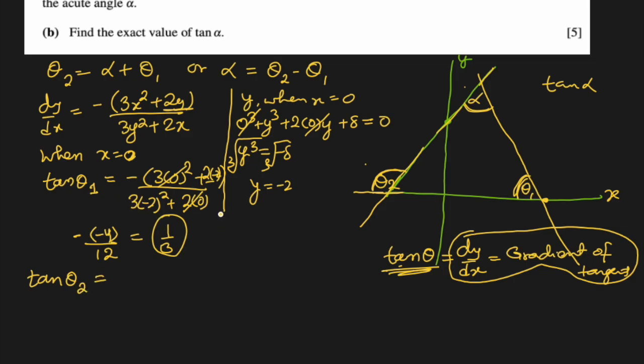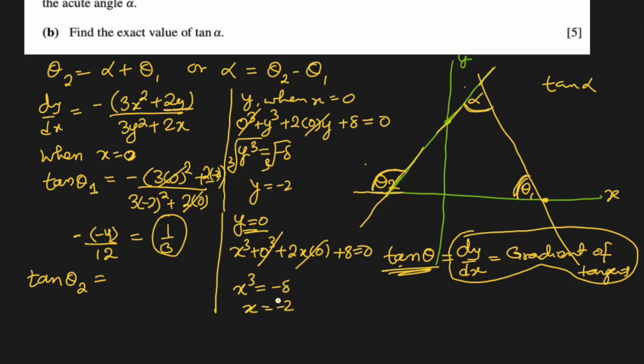And in tan theta 2, y is equal to 0. Let's find x by using the same x cube plus y cube plus 2xy plus 8 equal to 0. So x cube equal to negative 8, and x is also minus 2 when y is 0. Alright, so we'll use the same minus 3 x is what? Minus 2